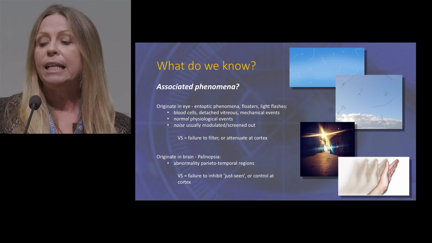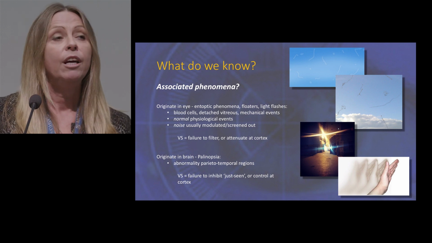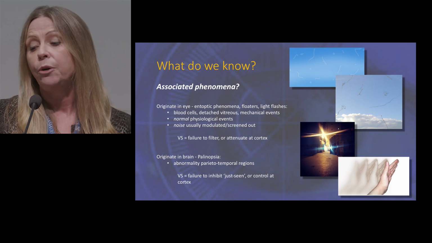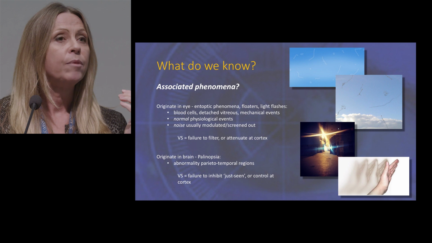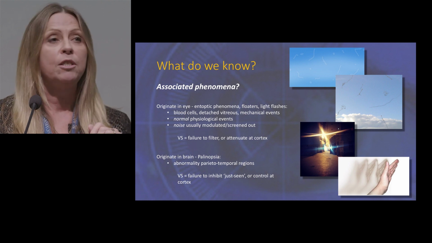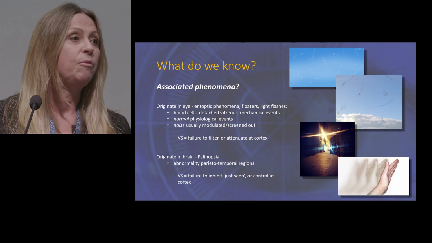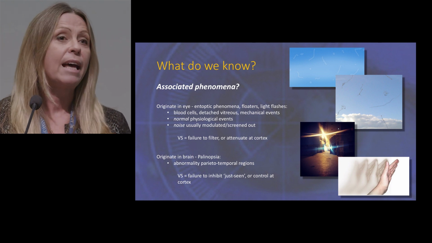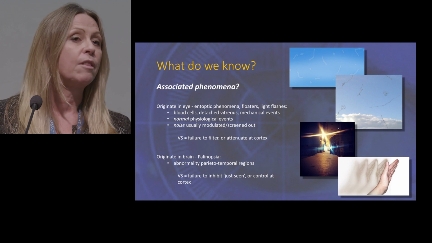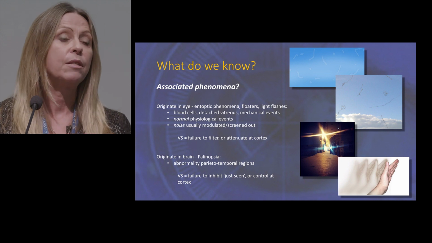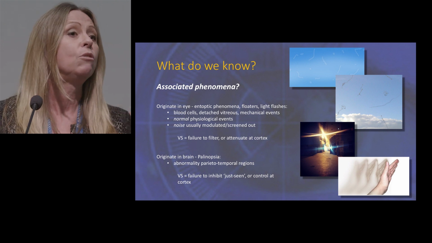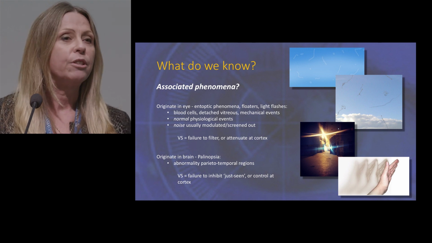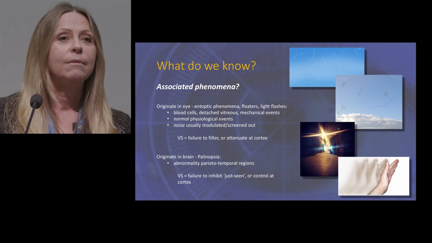It doesn't seem to be completely consistent with what we know about some of the other associated changes in visual snow, particularly the ones that originate in the eye, so floaters and light flashes, etc. But if you think of this in terms of being unable to filter what our brain normally filters out, then that kind of makes sense too, and that could be at the level of the thalamus. So information is not being filtered before reaching the cortex, as it normally is in you or I. We stare at a wall long enough, we're going to see floaters, for example, but our brain allows us to